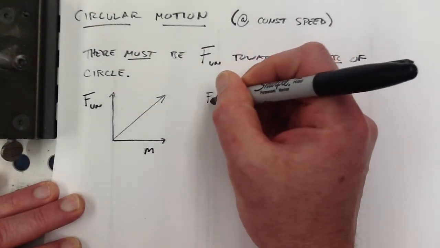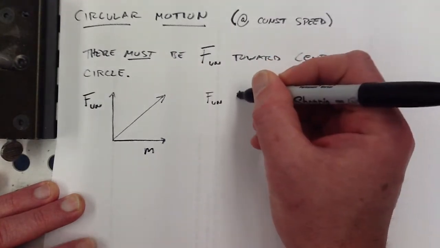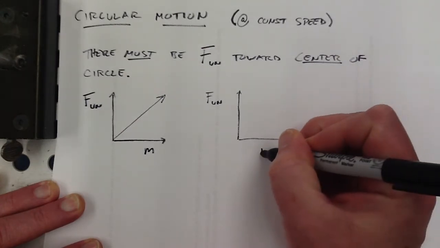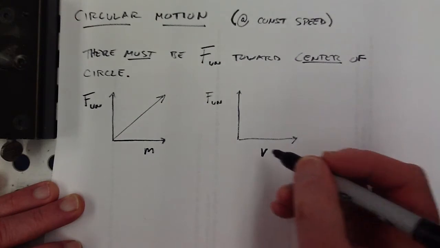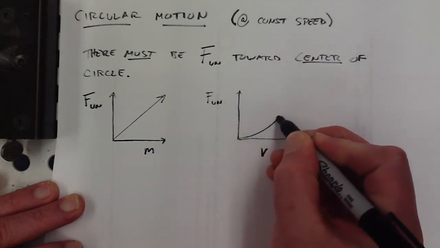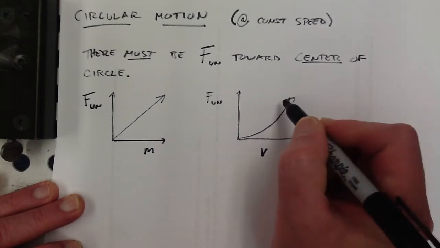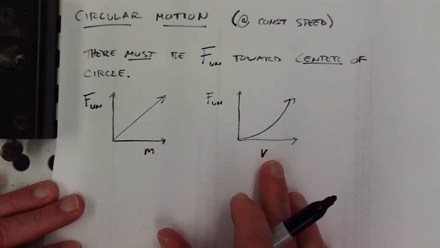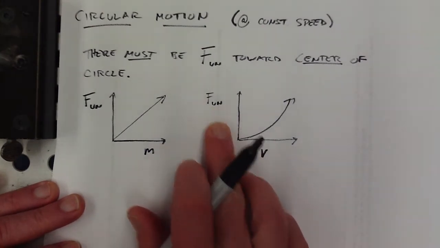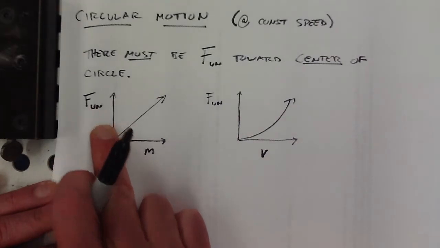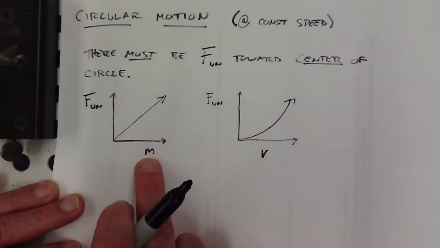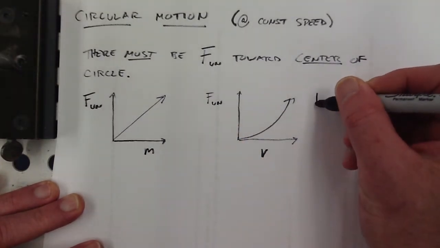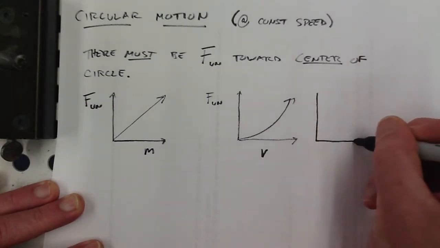When we looked at unbalanced force versus speed, that was not linear. The faster you go, the more unbalanced force you need toward the center of the circle, but it went up like this, and it turned out to be a square model, right? So unbalanced force depends on v squared. Unbalanced force depends directly on mass, like mass to the first power. Unbalanced force depends on speed to the second power, and the radius,